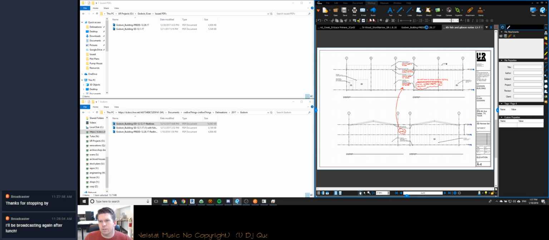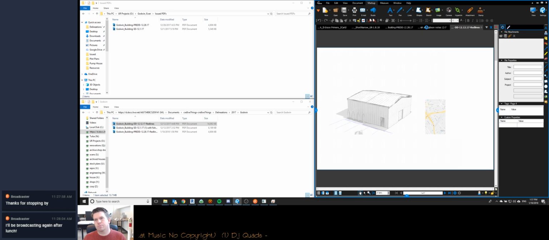But this is for the interior partitions for this building. And there were a couple things that I needed to kind of point out for it. I think everything else is in good shape though. I think it's maybe just this one detail. Oh, we also need to add notes for the